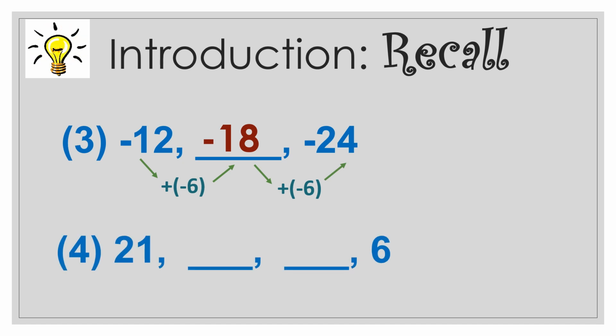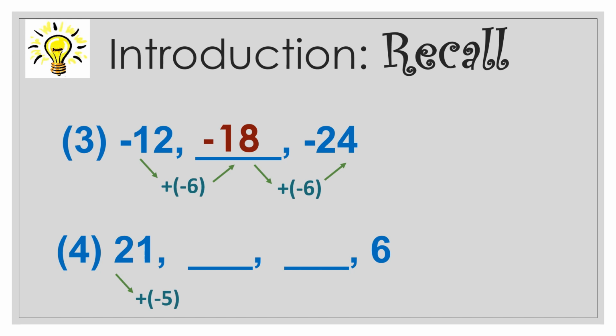Now let's have the last number. Number 4: 21, blank, blank, 6. In this arithmetic sequence, two terms are missing between 21 and 6. So what is the common difference in this arithmetic sequence? The common difference is